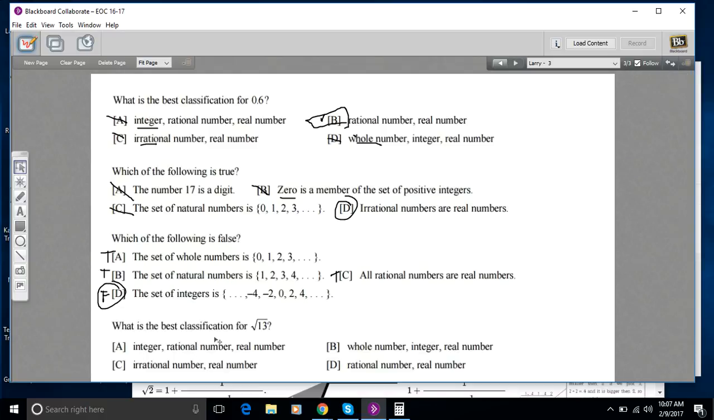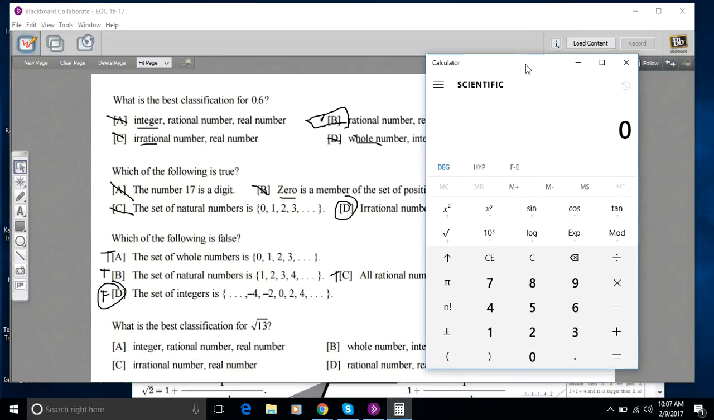This one says, what is the best classification for the square root of 13? And we've got things like integer, rational number, real number, irrational number, real number, whole number, integer, real number, rational number, real number. I think the best place to start with this one is on a calculator. Let's actually take the square root of 13 and see what we get. So 13 square root, and we get this